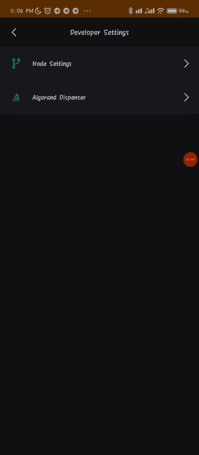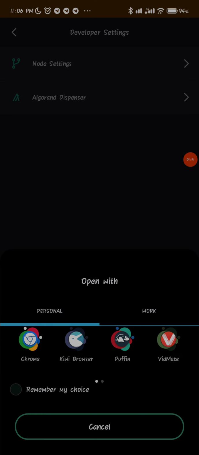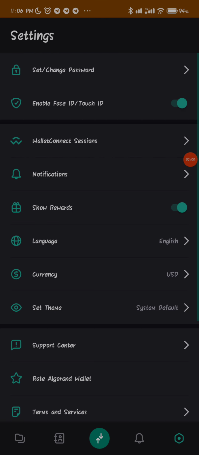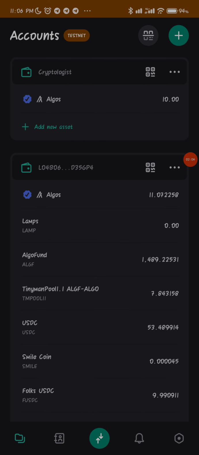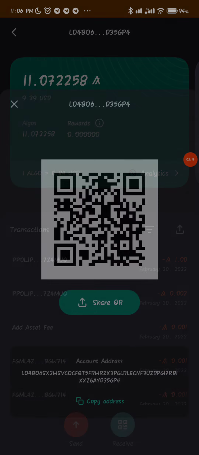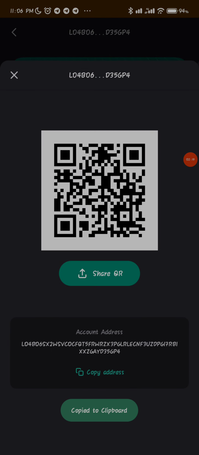you now come to Algo dispenser. You must make sure you copy your wallet address before you come here. Okay, let me copy my wallet address first. Sorry for not showing you that earlier. You can see this one, I already have testnet for this wallet, this one as well. So let me copy. I don't know if they will give me more testnet now though, but let me just try it. But I'm sure for you, you should get it,